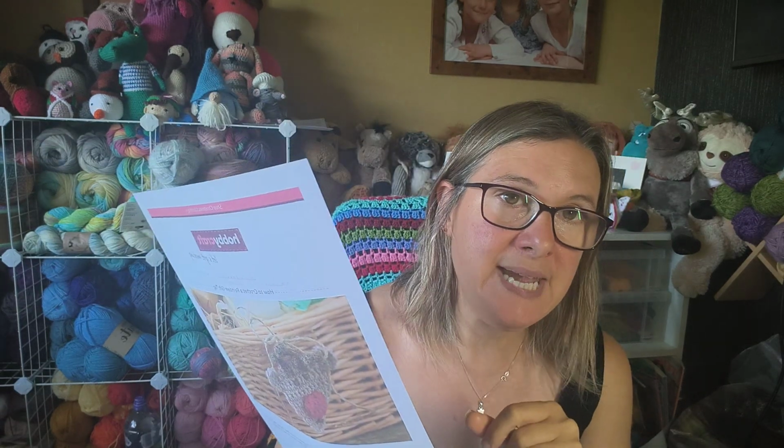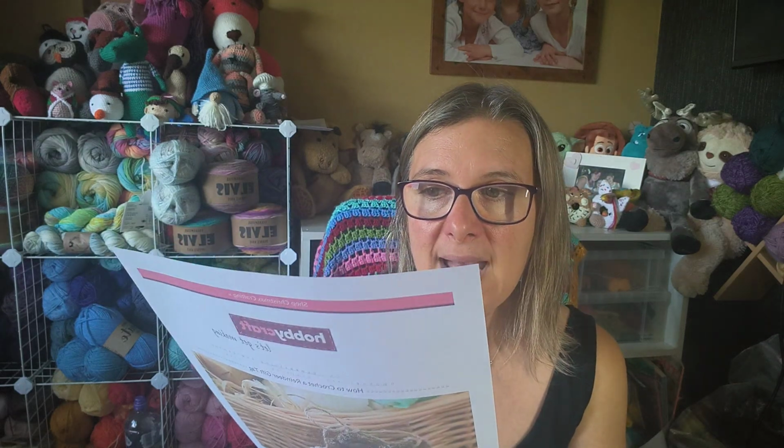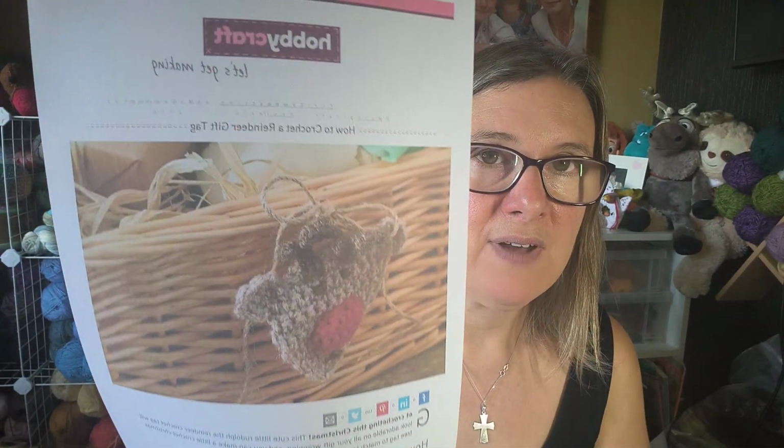Well, I said to her, no, I don't actually think I have, but I haven't tried the patterns. I did go over there a while ago for my free pattern Friday, and I did the ladybird mittens. So I haven't actually made any, but I have been over there to see what the patterns are like. And along the way, I found